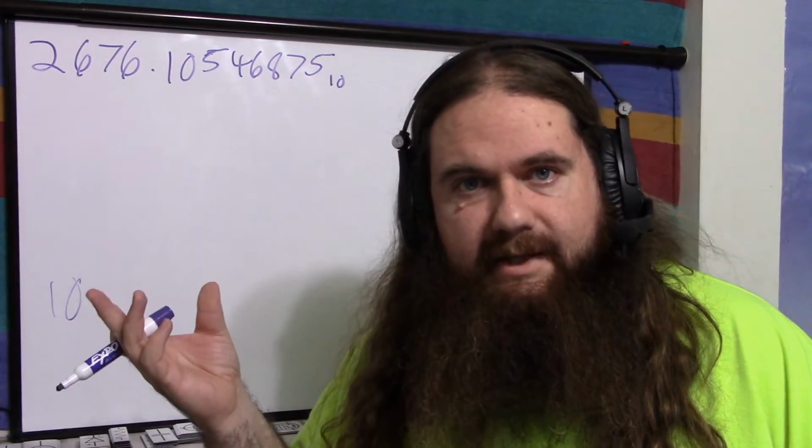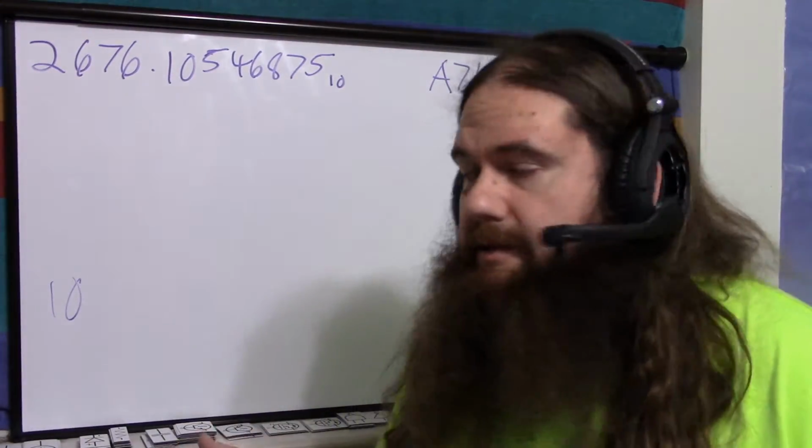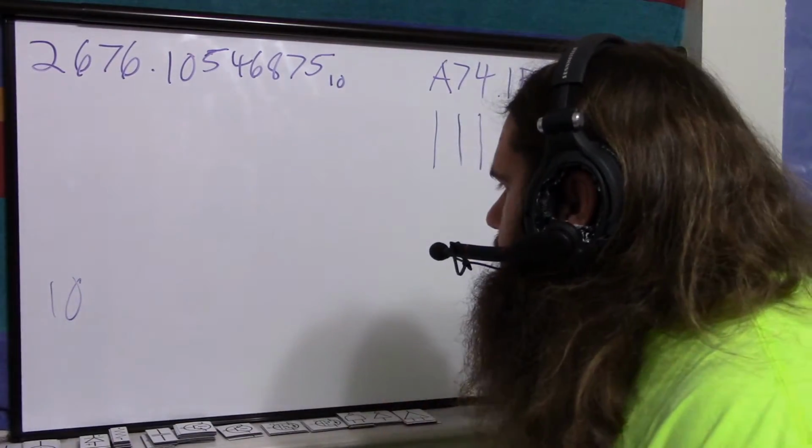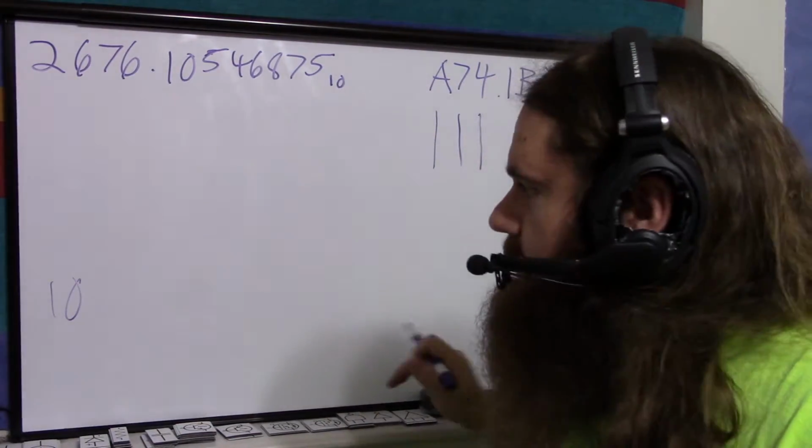But 10 is less than 16. It's a single digit. It's A. There's our A, since it's small enough. And then, of course, you say, can we have more? Yeah, if you